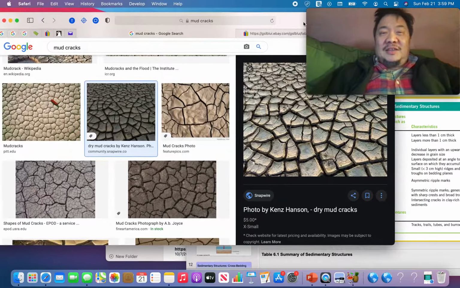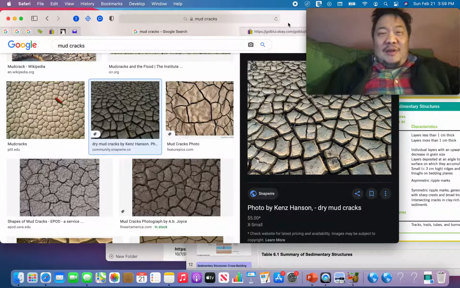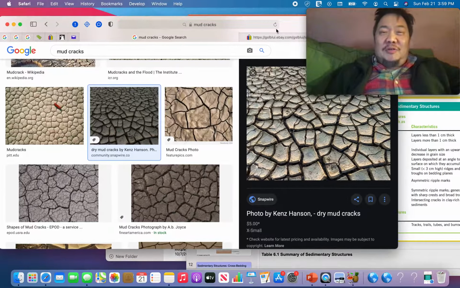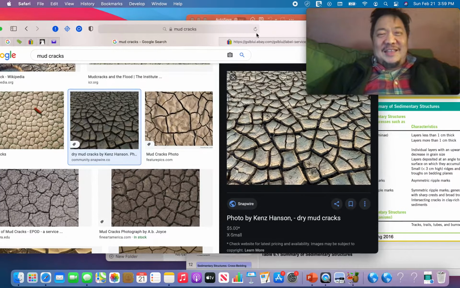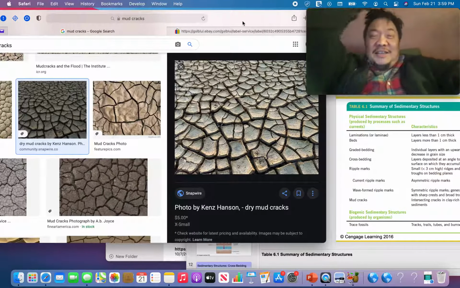And I know I can't see your face because I'm doing this online, but I saw you yawning, and mud cracks, they are not boring. They're exciting. I remember as a young boy, I would have mud cracks right next to my poster of Farrah Fawcett on my ceiling. No, that's how, when I saw mud cracks for the first time, I could not sleep at night. All right, actually, mud cracks are not that exciting, but